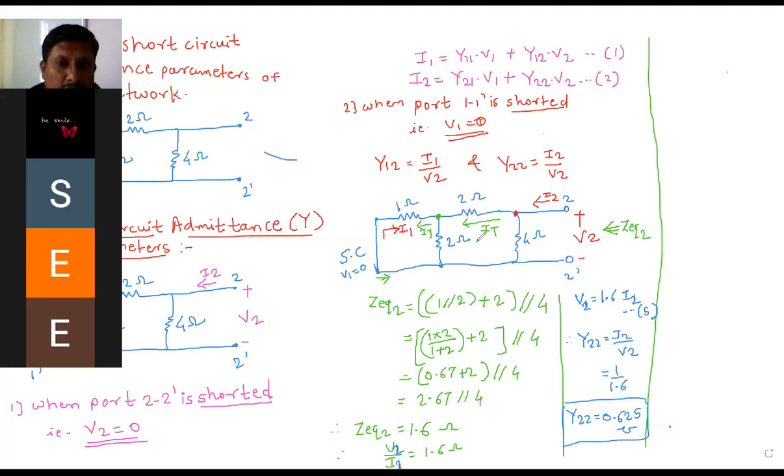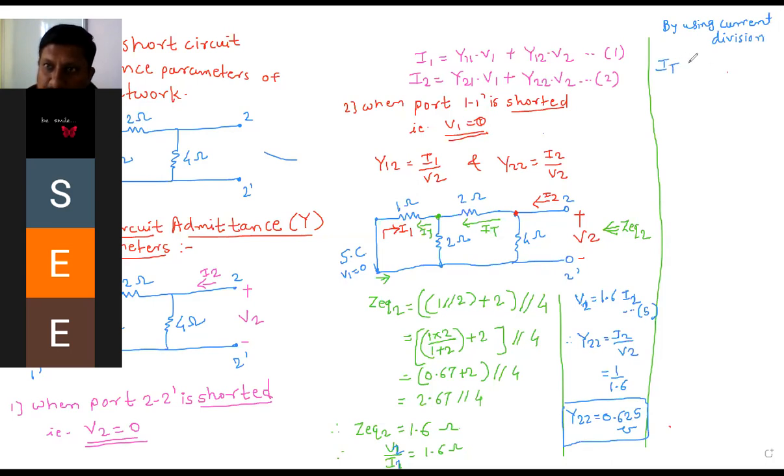Okay. So IT you have to find out by using current division. After that IY you have to find out by using once again the current division. Then you can get the relation between I1 and I2. मग त्याच्यावरनं तुम्हाला V2 आणि I1 चं रिलेशन लावता येईल. Are you getting my point? So we can start now to apply the first current division. So by using current division, we can find out the IT.